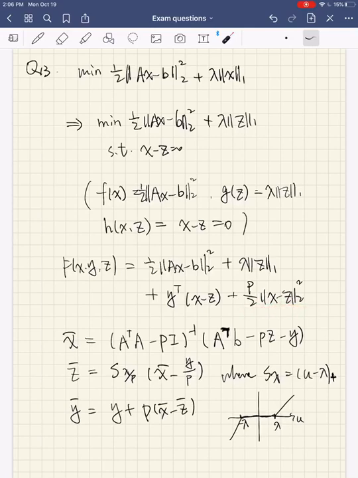So first we need to minimize with respect to x only. So we just find the derivative of such function, and that equals to 0. So eventually we'll get this term. The result is like this. And then using the x we get from before, we also need to minimize z